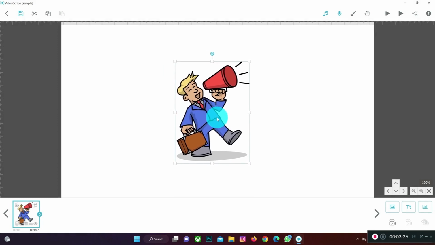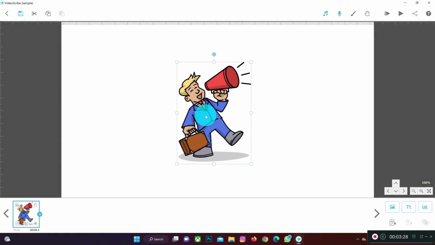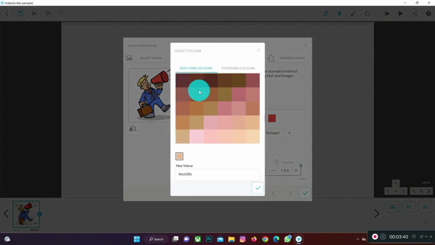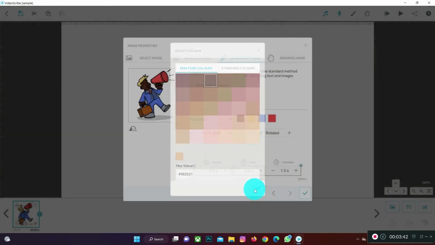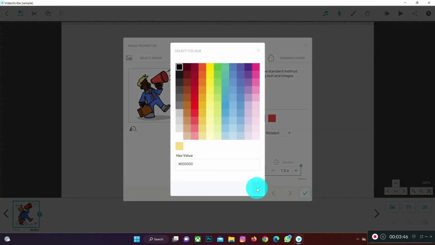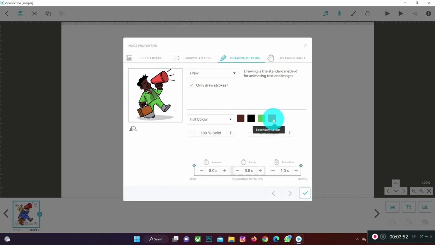So this is our character in the scene, sorry. So you can double tap to animate. So now when you double tap on this, you can change the color of this character, the complexion, which is brown. You can make it dark brown, as you can see. The hair, you can make it black, as you can see. The shirt, you can make it green, as you can see. Then I think we can also change the